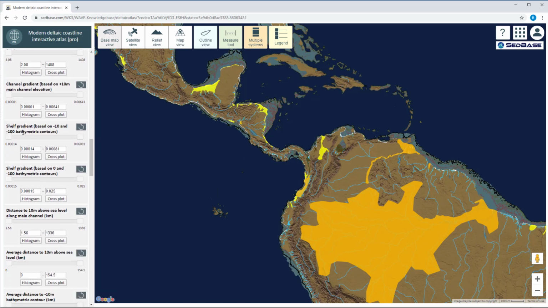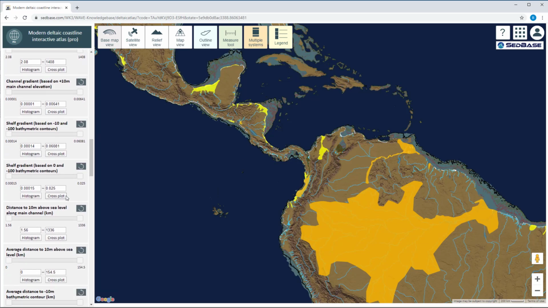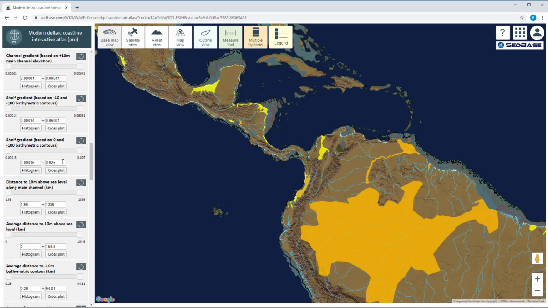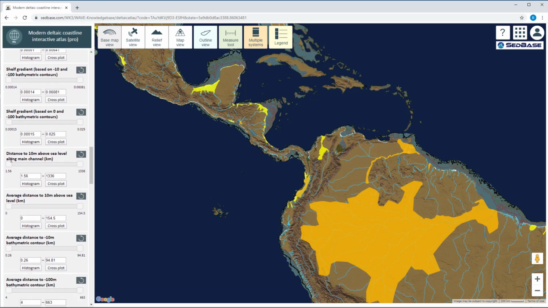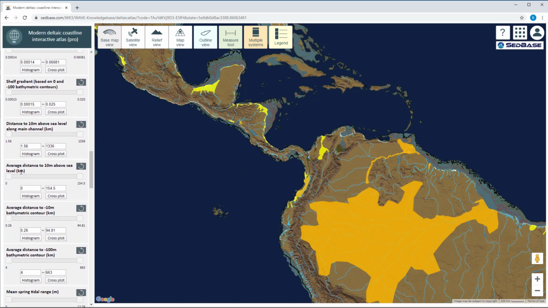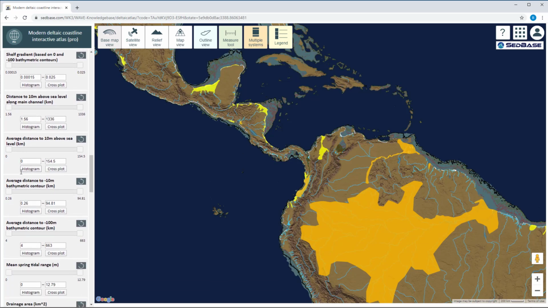In addition to that, we have a proxy for shelf gradient, which we can use done in a couple of different ways. We also have a filter where we can directly measure the distance from the shoreline to 10 meters of elevation along the main channel. So this is another version of gradient, which sometimes is a bit more intuitive to use because you're not dealing